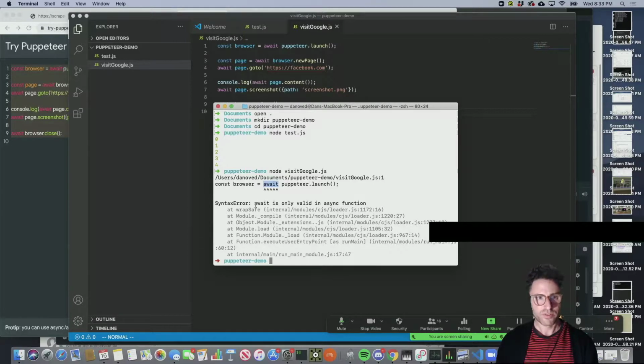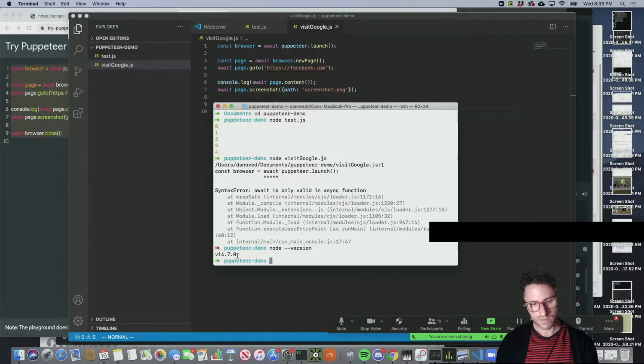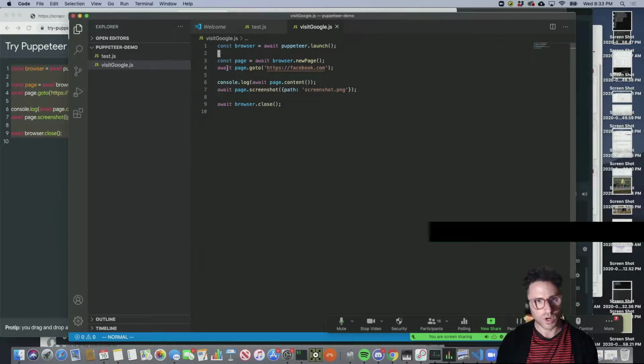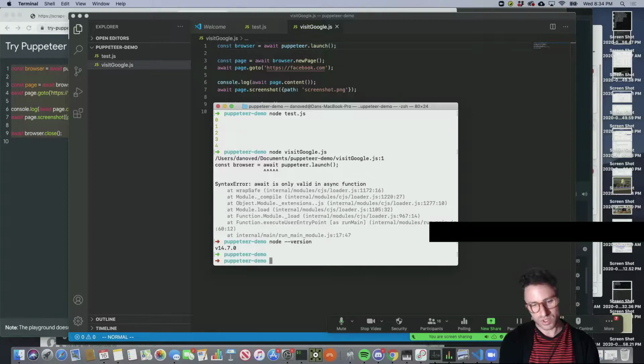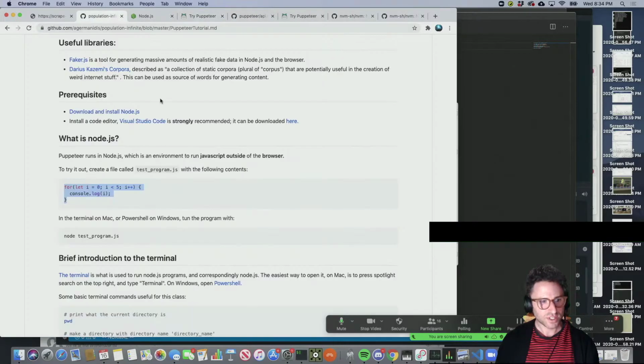So prior to, the reason why I said you should make sure you have Node version 14.3, is that in version 14.3 they made it so that you could just call await wherever you want. Before, you had to have it in another function that had async in front of it, but with Node version 14.3 and up, you don't need to do that. But I am using 14.7, so why am I still getting that error? Well, there's one thing that you have to do to actually enable that feature, and that is